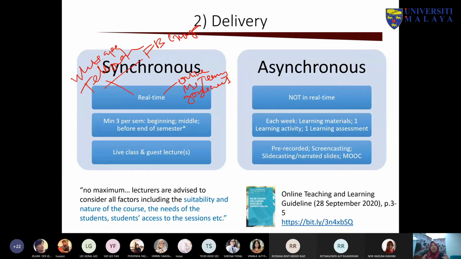So you are there to give consultations. Perhaps you give them some activities for the first half an hour, and then you let them do their work, and then you come back and discuss. So you'll be there the entire time. So that's the real time synchronous. What we suggest is that for every semester, we want you to do a minimum of at least 3 synchronous sessions. So we suggest you do it in the beginning, in the middle, and before the end of the semester. Right? There's no maximum number, but we do not encourage you to do too much synchronous,